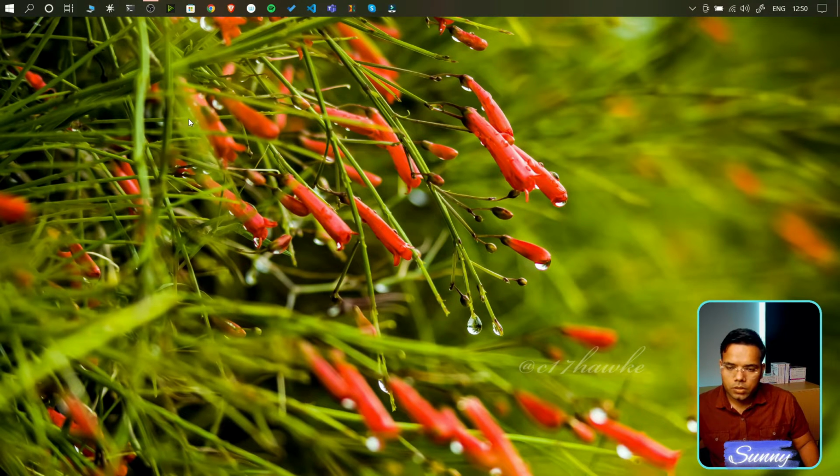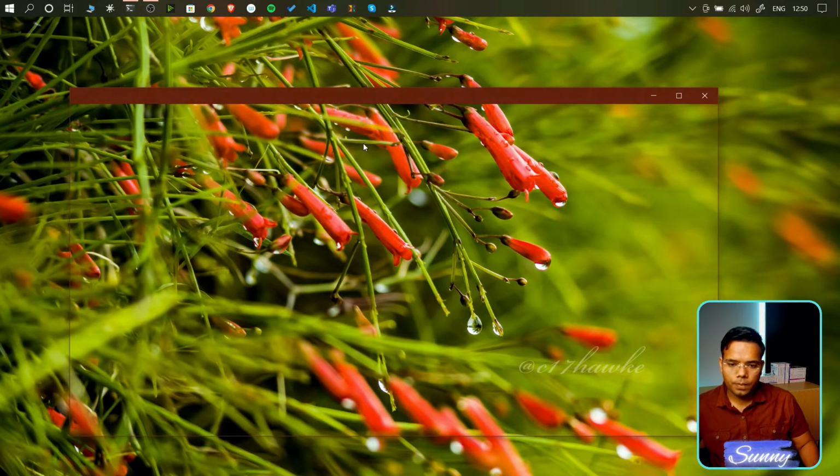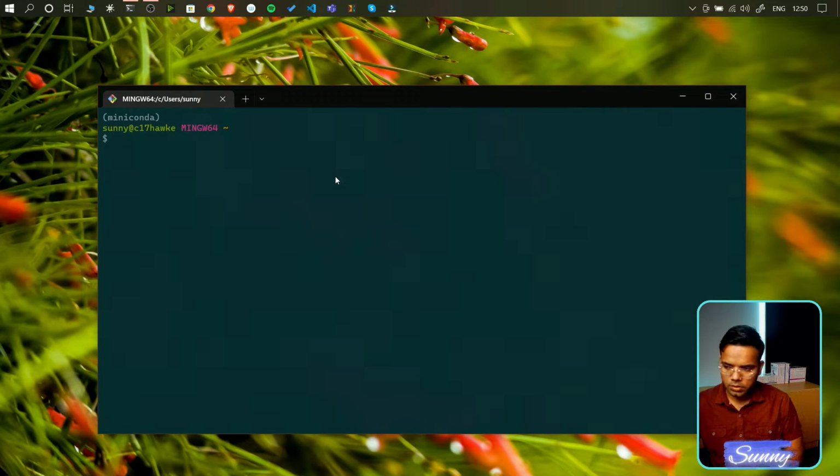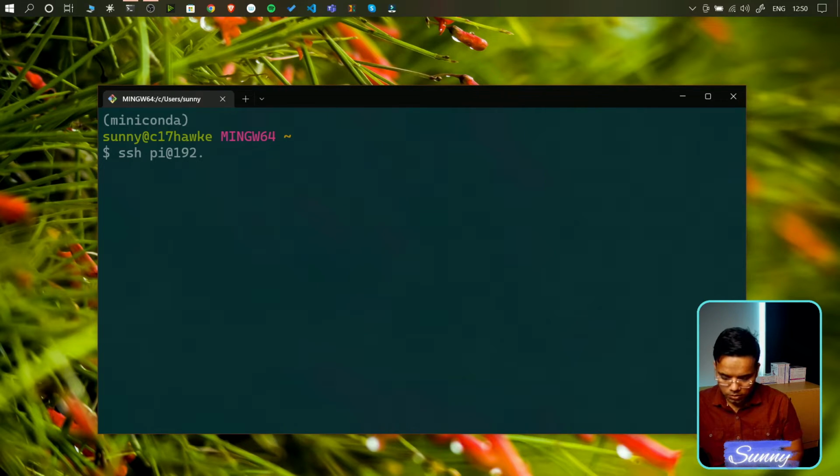Here I am on my Windows. Okay, so let me open a terminal here. So I'm using my Git Bash terminal. Okay, so let me make it slightly bigger. Okay, so there are two ways to do the SSH. Either you can give the username at the rate, and then you can give the IP that you have just found out. Okay, so we have found it as